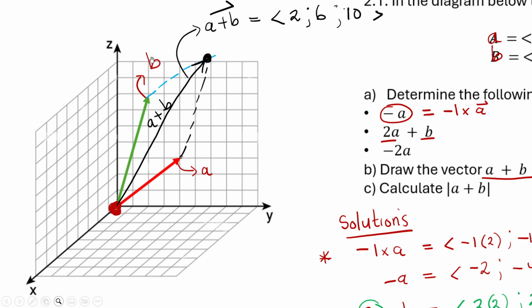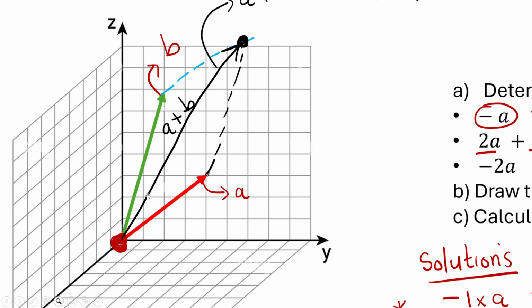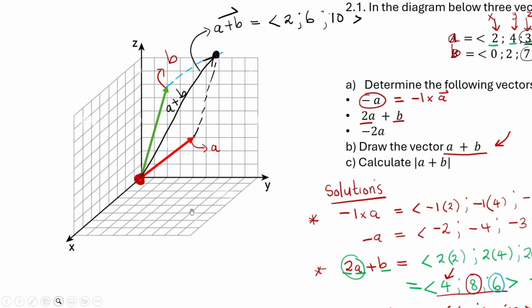This is how you draw it using the parallelogram method. In this case, we've used the parallelogram method because your vectors are starting at a common point. This is vector a, this is vector b. Their resultant has to be computed using the parallelogram method, whereby you complete a parallelogram, or draw a box, and then your resultant will move from both the tails and go straight to where this dotted line meets. So this is how you get to it.